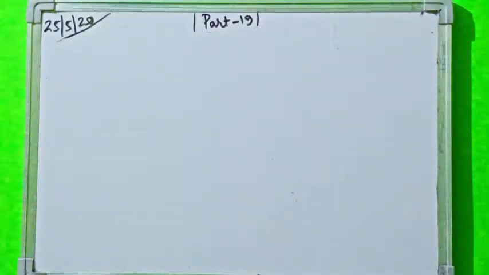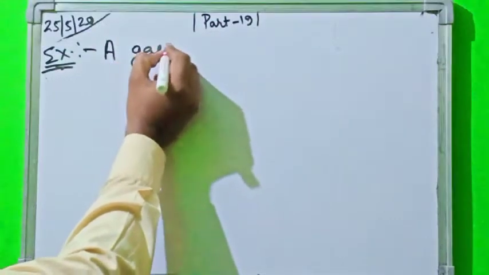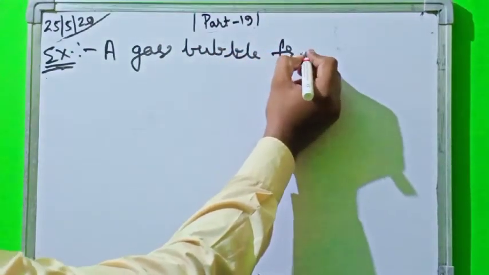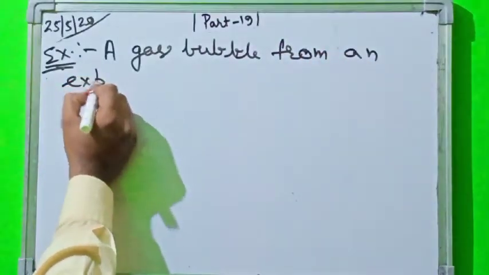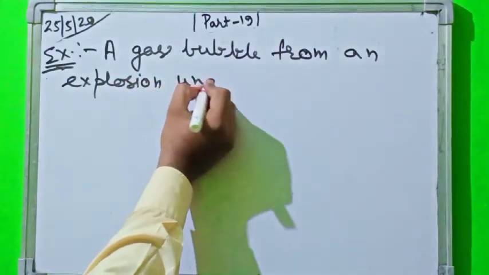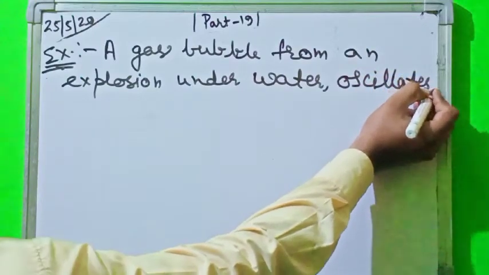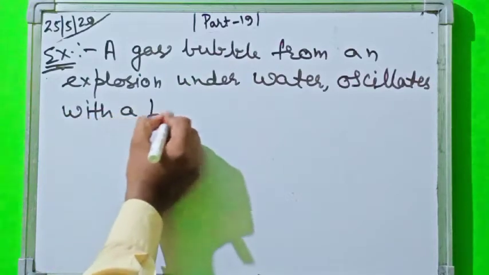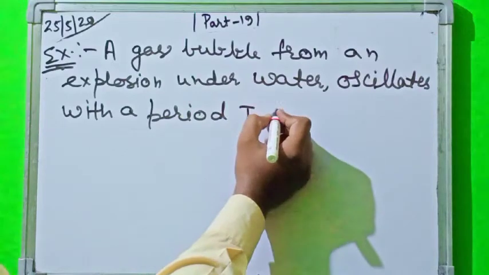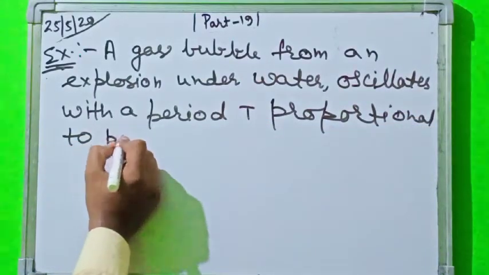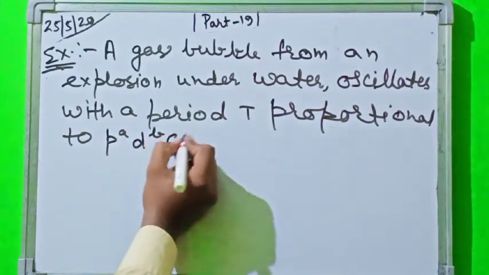The next example: a gas bubble from an explosion under water oscillates with a period T proportional to P to the power a, D to the power b, and E to the power c, where